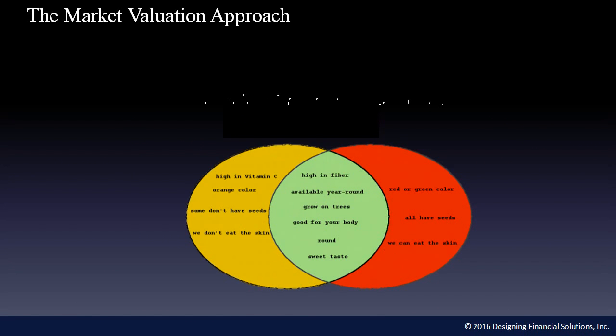In the market valuation approach, one of the most important things to do in looking at other businesses and comparing them to yours is to identify similarities and differences. This is a Venn diagram that we're showing here. It comes in very handy when you're looking at what things are the same and what things are different, both good and bad, and they can be separated as such. But the most important thing to do is to look at others, and you can reference Robert Morris and Associates, Integra, BizComps, and others, and they will publish percentages that show financial statements for different size businesses. They won't identify what the actual business is, but it will show you businesses of a similar size.